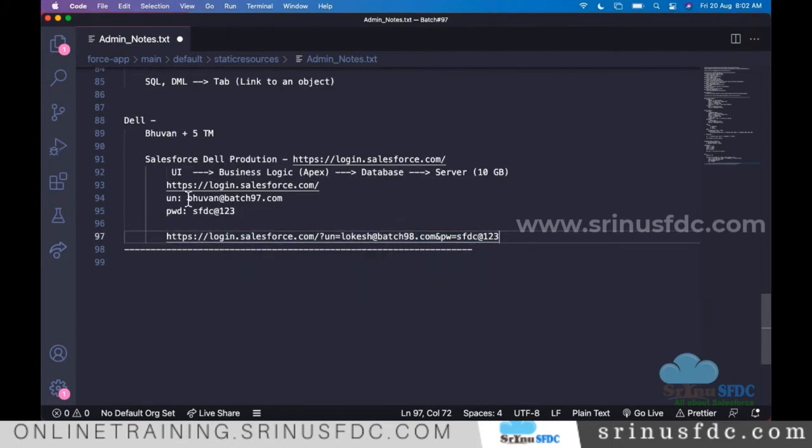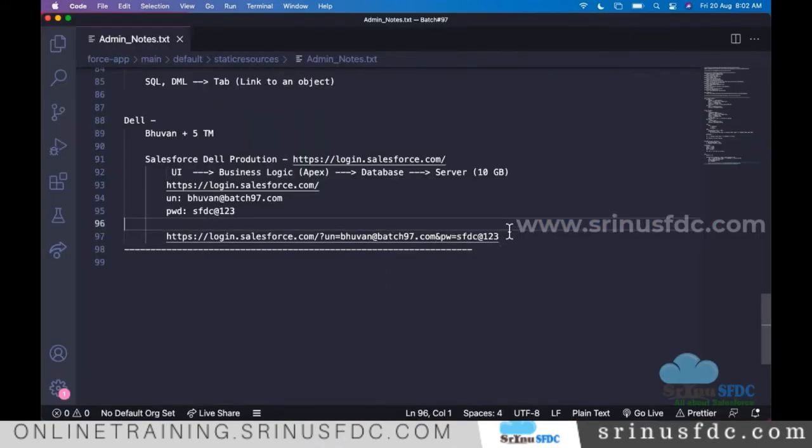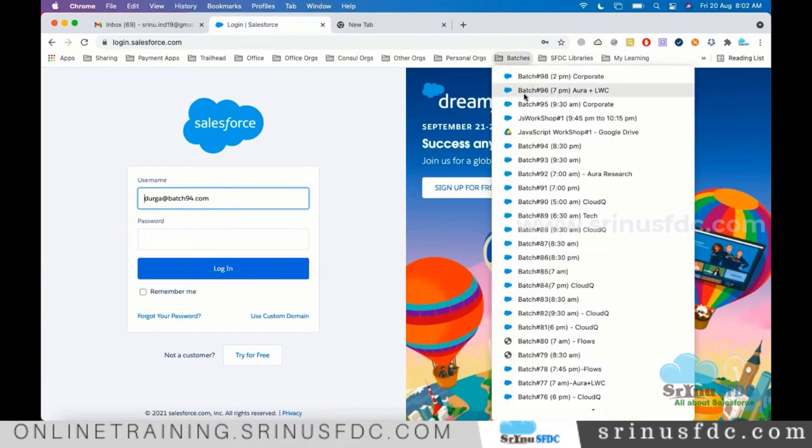That is one of the solutions. So instead of opening login.salesforce.com, entering the username and password, and clicking on login again, all we do is hit this URL in the browser, and it will automatically log into Salesforce by supplying this username and password. Okay, the same thing I'm creating as a bookmark.